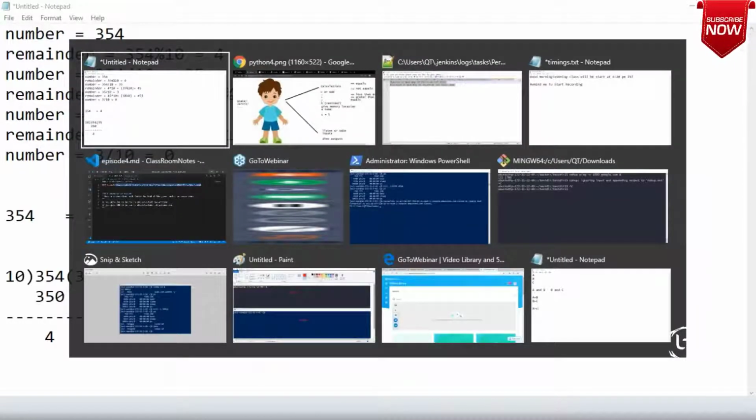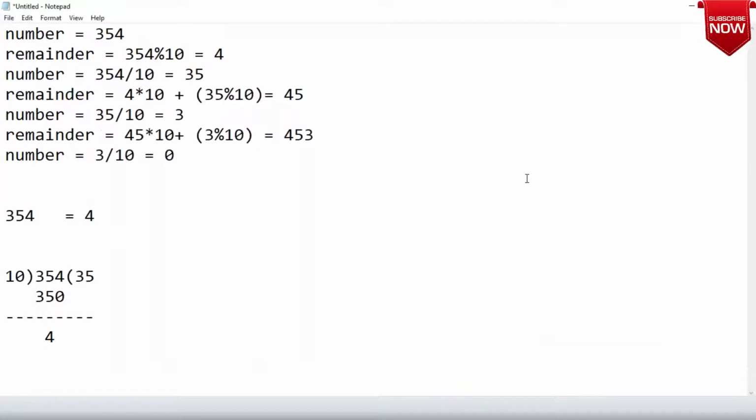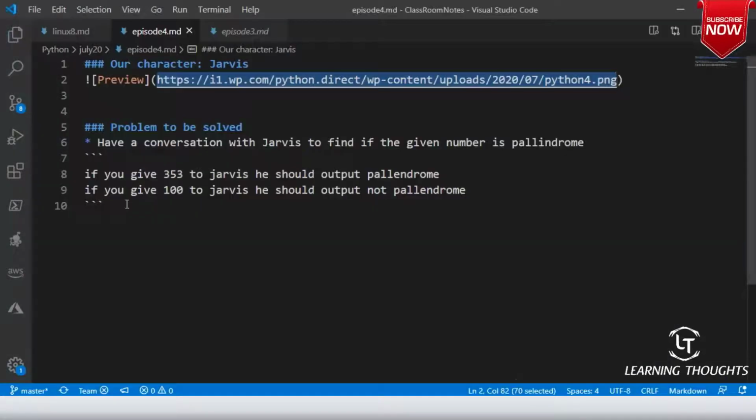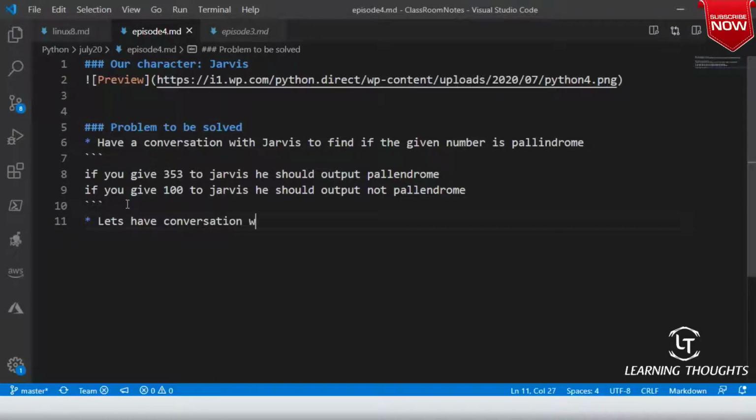Right. Now, shall we tell about this to Jarvis in his language? Now you evaluate whatever you have done. So let's have a conversation with Jarvis about the reverse of a number. I am calling it reverse number.